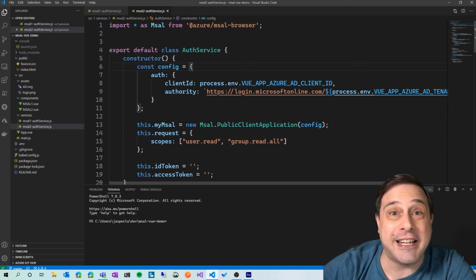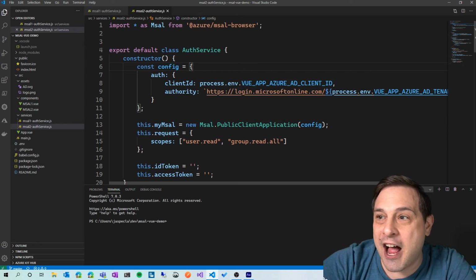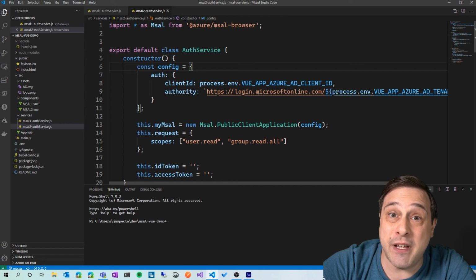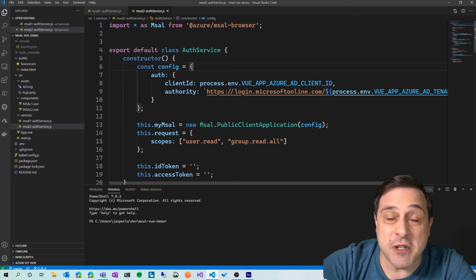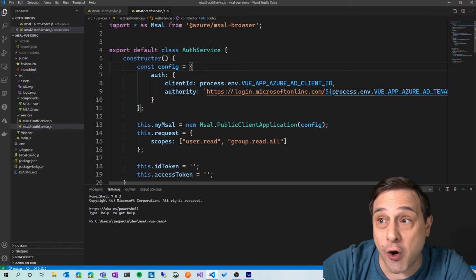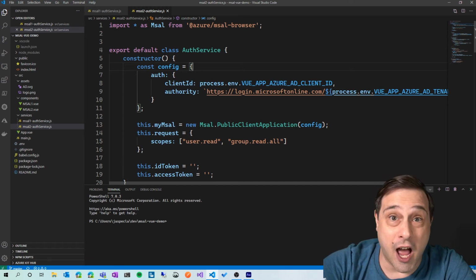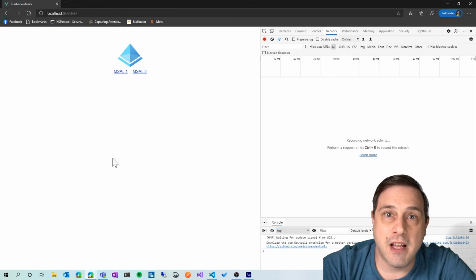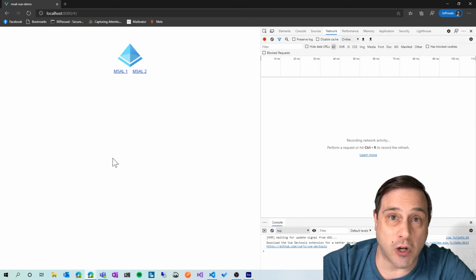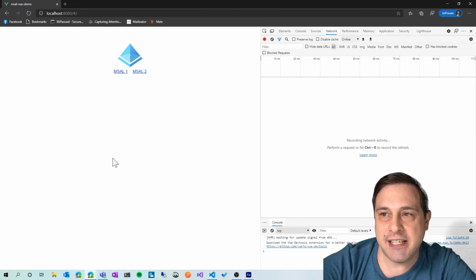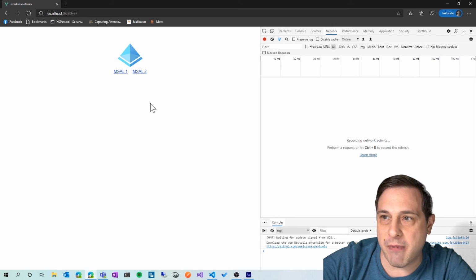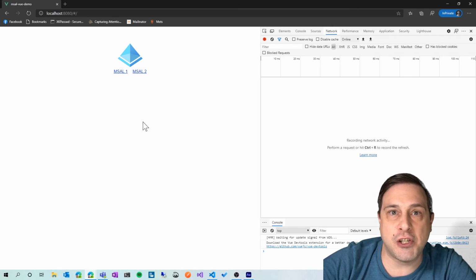And that's essentially it. It takes the exact same configuration as MSAL 1. It just uses an entirely different flow behind the scenes. Other than that, everything just works the same. It's pretty easy to upgrade. So let's see this application at work. All this app does is it authenticates using the library of my choice, and then it just goes into Office